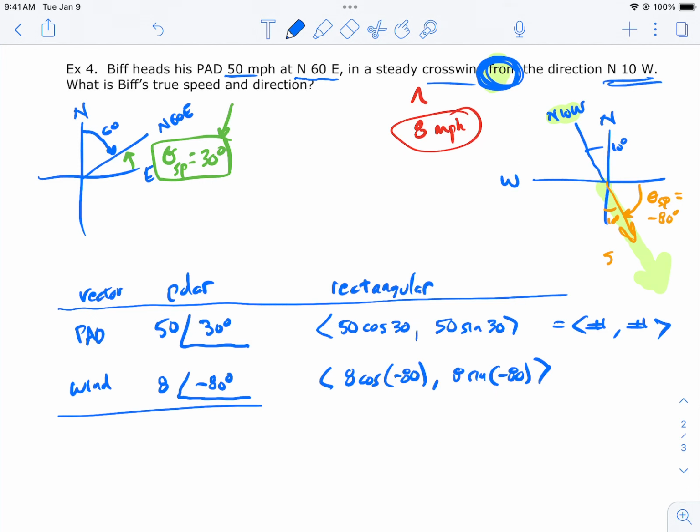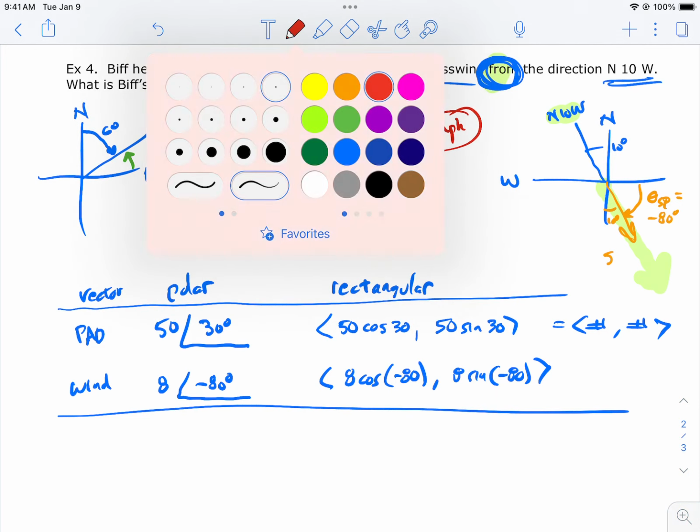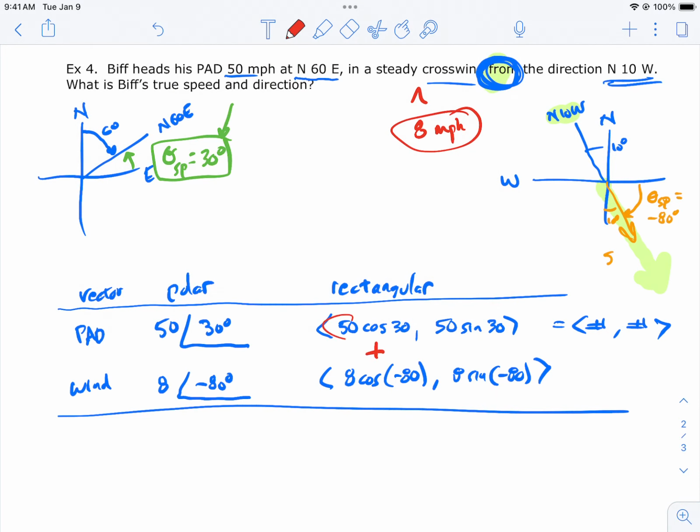So what I'm trying to say is to get the resultant, I can just type all of that in my calculator, hit plus, type all of that in my calculator, hit equals, and then I'll get my answer down here. So I don't have to take time to write down intermediate numbers over there. Nah, I'll just type it all in. Just be careful. So 50 cosine 30, close my parentheses, plus 8 cosine of negative 80, close my parentheses, equals, I've got